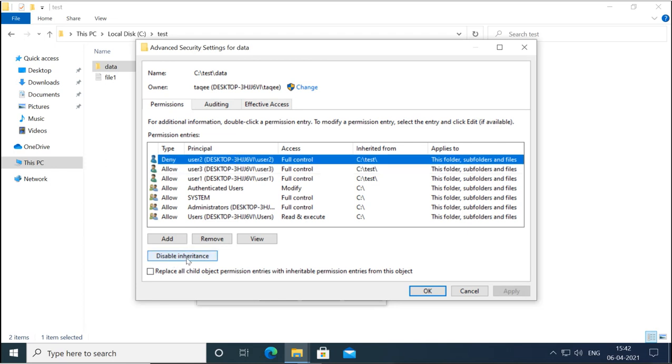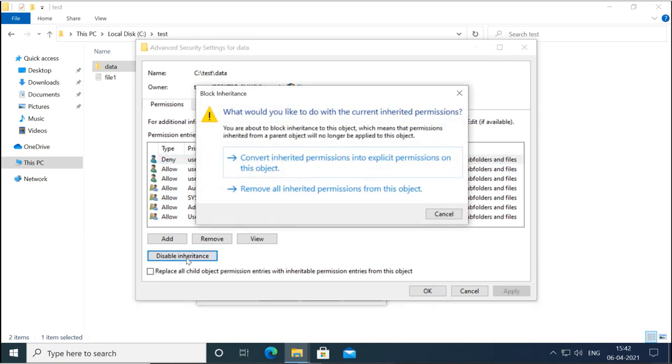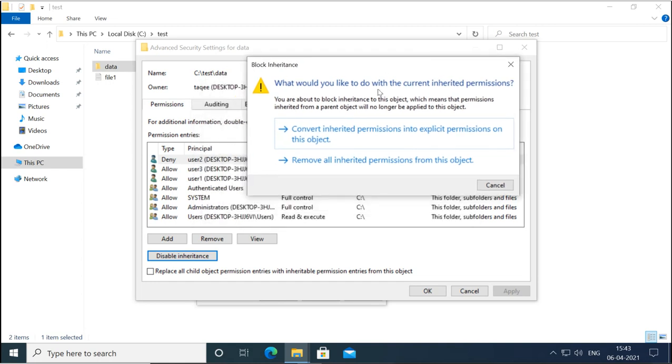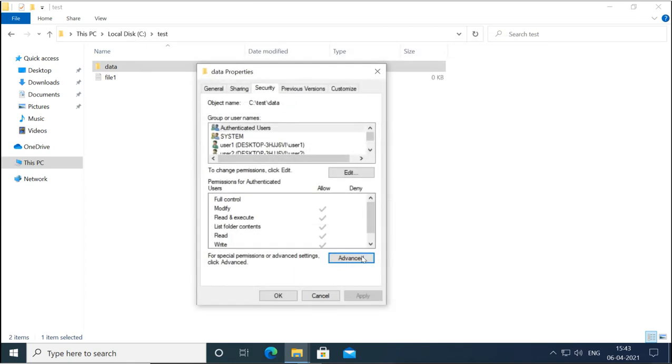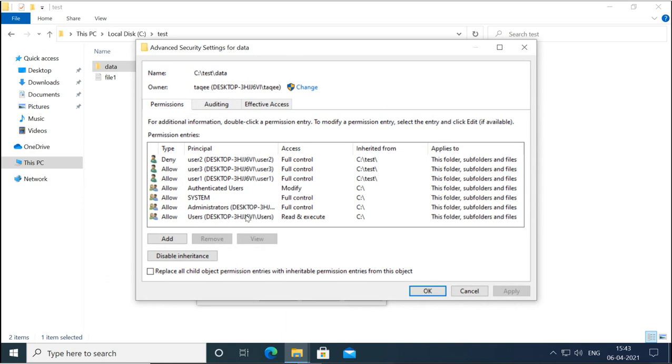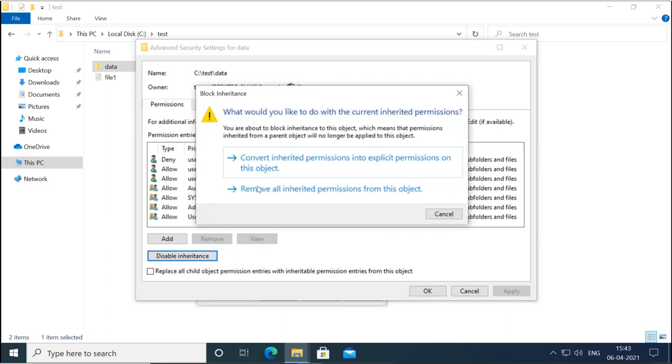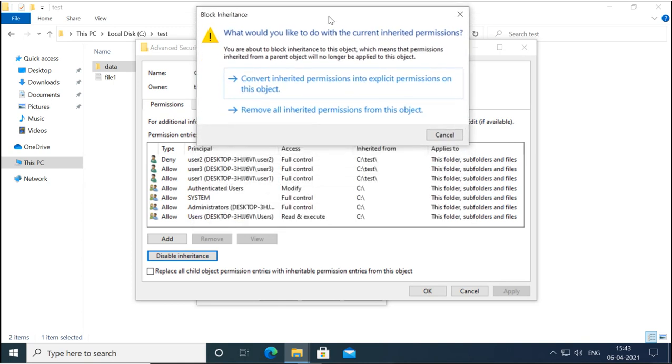So when you disable the inheritance, there are two options: convert the inherited permission into explicit permission, or remove all inherited permissions. Now if you select remove all inherited permissions, then it will remove all the permissions which are inherited. Now you see all the permissions were inherited, so it removed everything. I will not apply. Now if you say disable but convert it into explicit, it will not remove any permission, it will just change it from inherited to explicit.